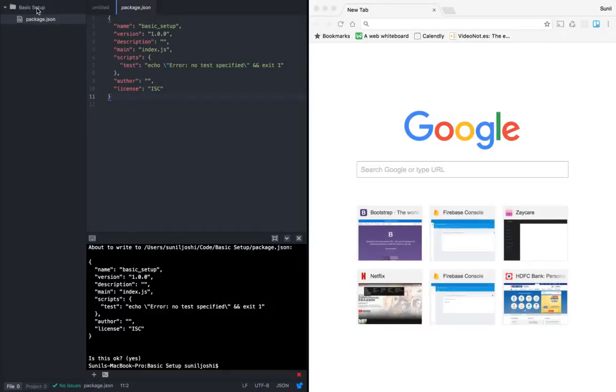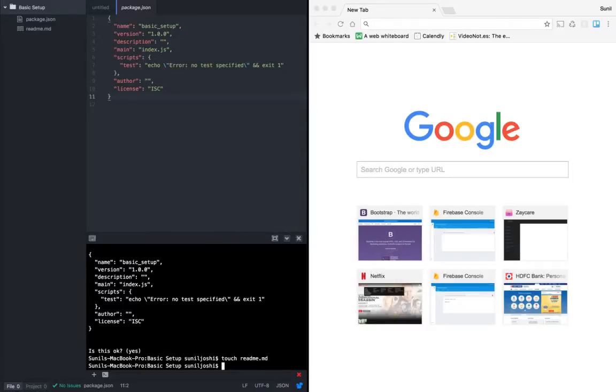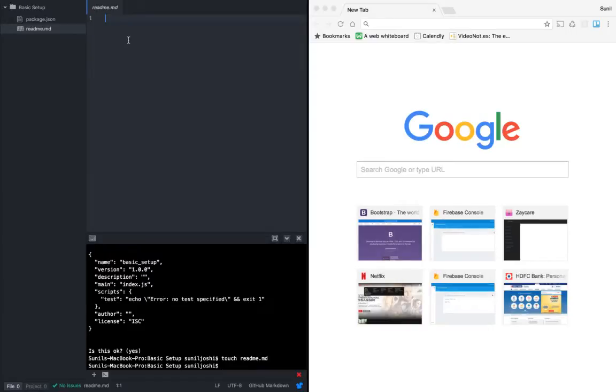The next thing I would like to always do is also have a readme file. A readme file is like a help file. When we do our actual project, we are going to push this to some git repo, and there will obviously be other developers working on this project.